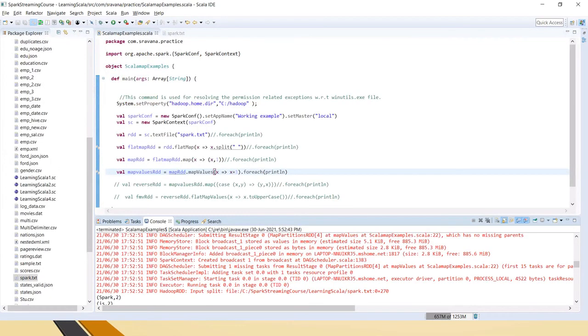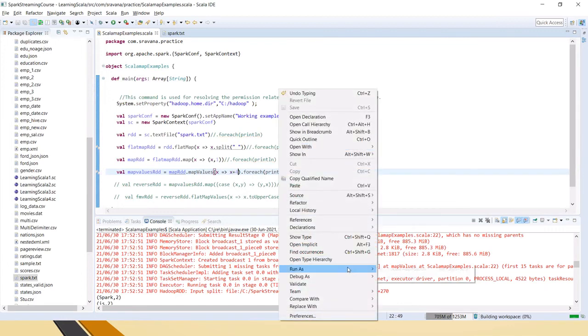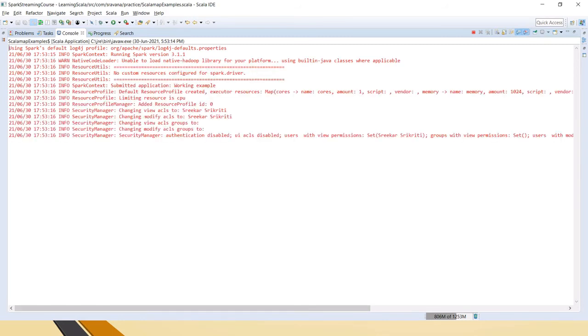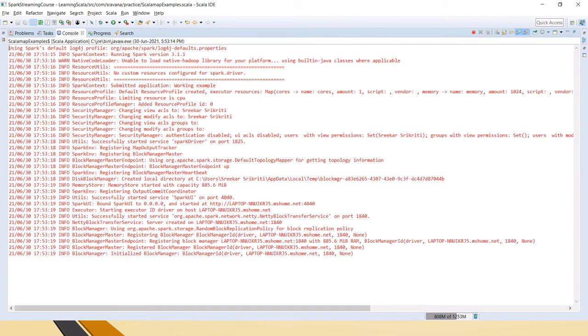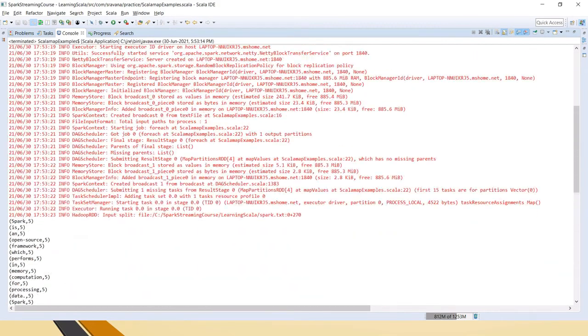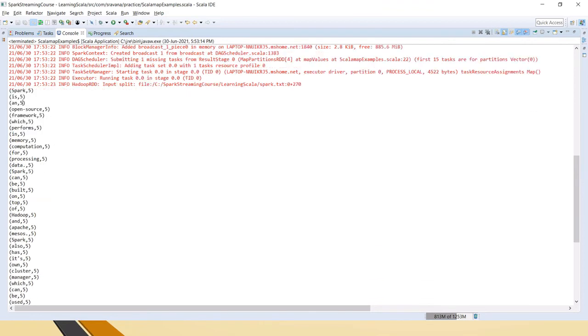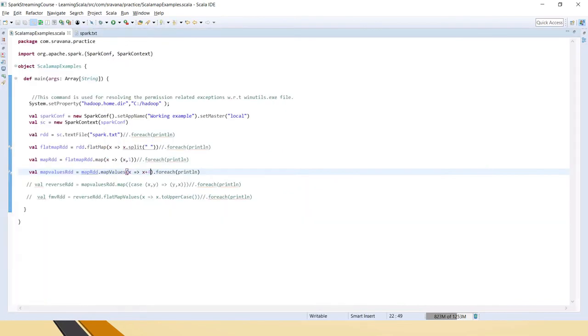Let's say you want to do x plus 4, then run this and see how it performs the addition. If you see here, 1 was there, and it has added 4 because I have given x plus 4. So for each and every element it has added that. This is how mapValues works.